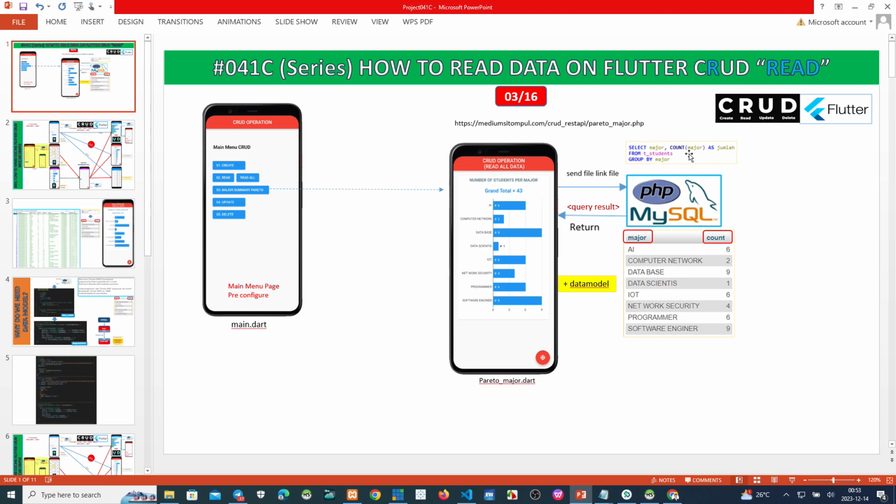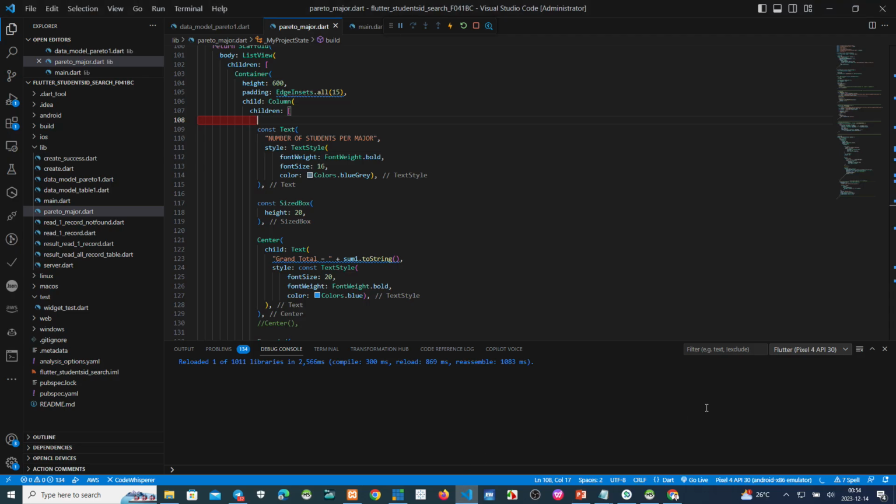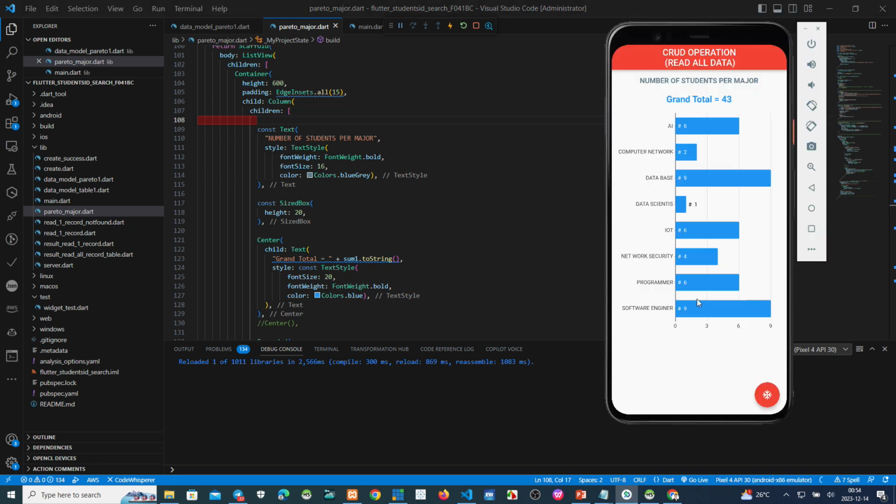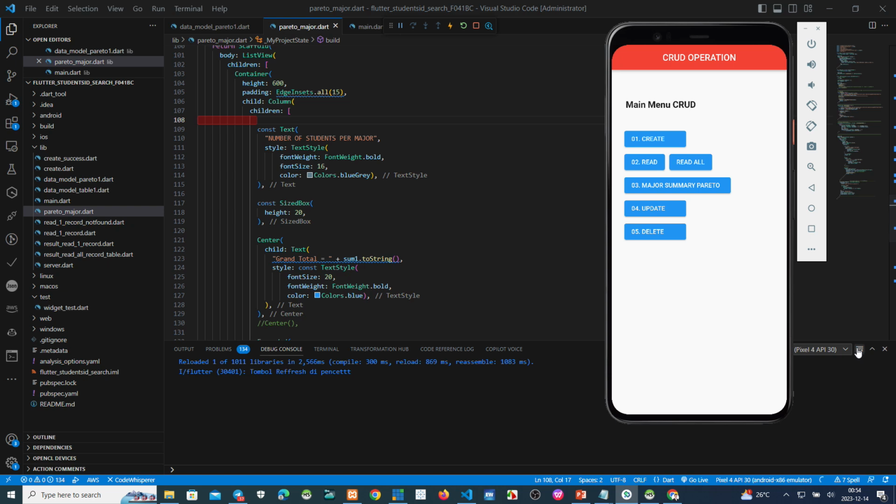If we run this script, the result returns to the Flutter like this. One record, and then another record, one record like this. This is one record, I mean.